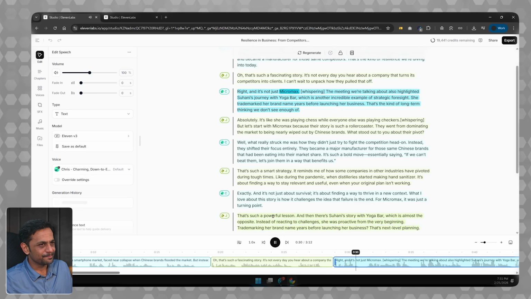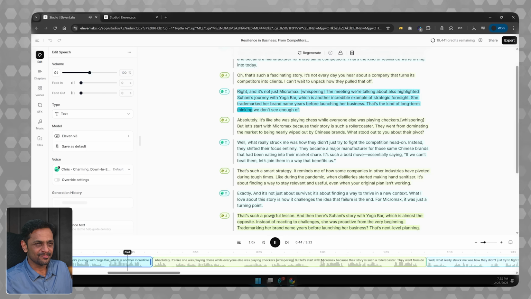Right, and it's not just Micromax. The meeting we're talking about also highlighted Suhani's journey with Yoga Bar. Which is another incredible example of strategic foresight. She trademarked her brand name years before launching her business. That's the kind of long-term thinking we don't see enough of. Absolutely. It's like she was playing chess while everyone else was playing checkers. But let's start with Micromax, because their story is such a roller coaster. They went from dominating the market to being nearly wiped out by Chinese brands. What stood out to you about their pivot? Well, what really struck me,